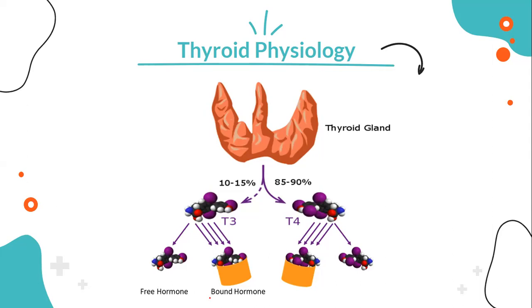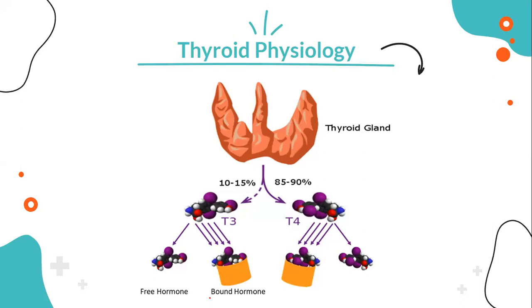I know that you can do it now. Albumin and prealbumin. Okay, so albumin, prealbumin, and TBG, right? These are the three main molecules to which both hormones T3 and T4 bind